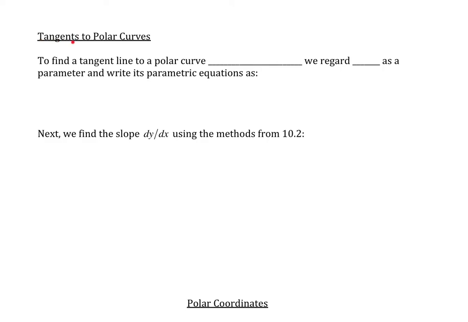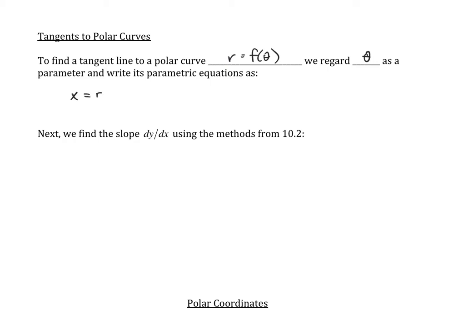Let's talk about tangents to polar curves. To find a tangent line to a polar curve r equal to f of theta, we regard theta as a parameter and we write its parametric equations as